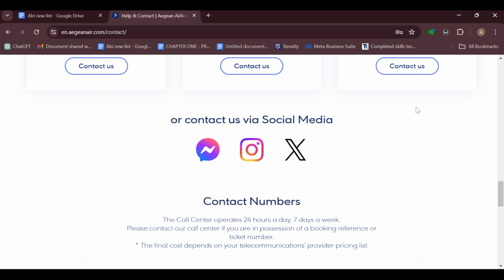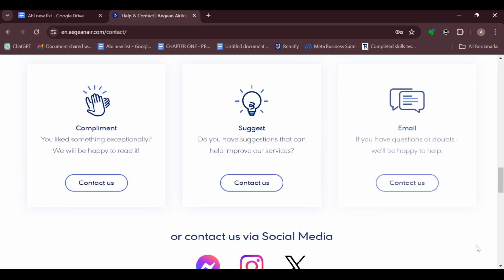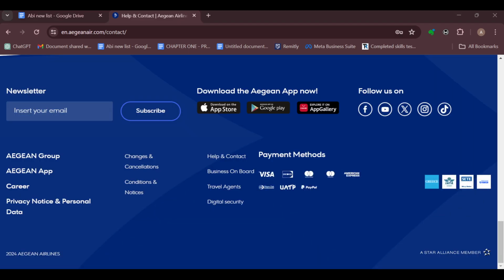All right, and the other option is by making use of the email. All right, you can just go ahead and click on contact us, and then you'll be taken to the emails page where you can lodge your complaint, request special assistance, and you will be good to go. So this is how you can go about it. Very simple, right? Yeah, this is how you can make